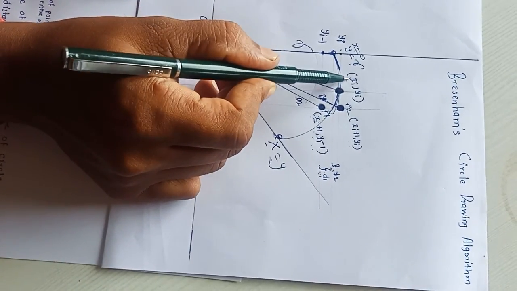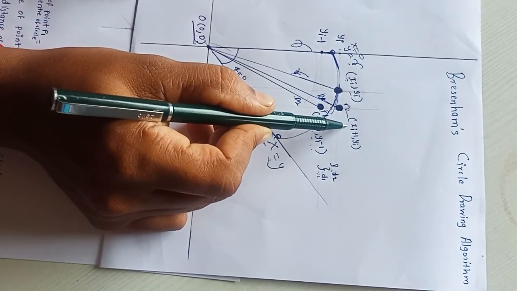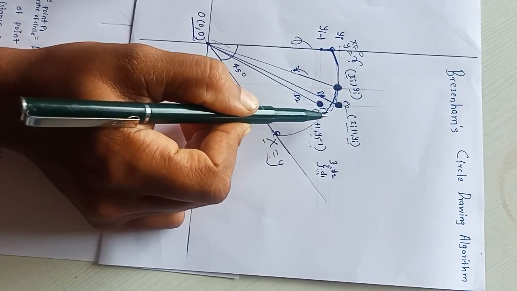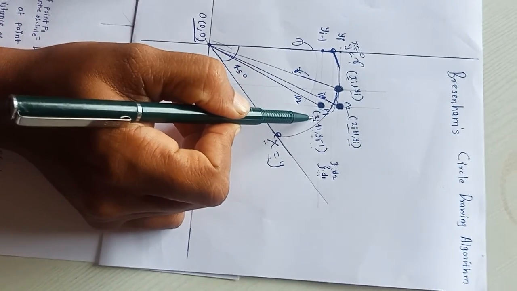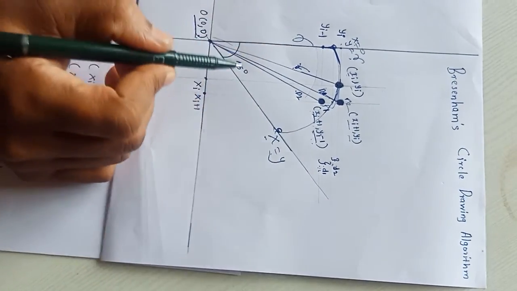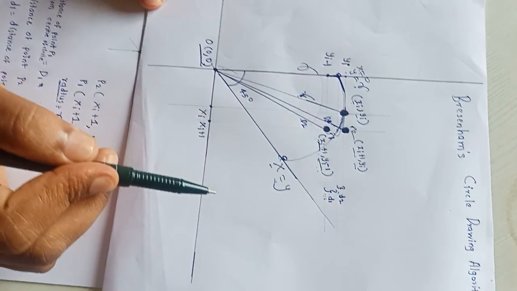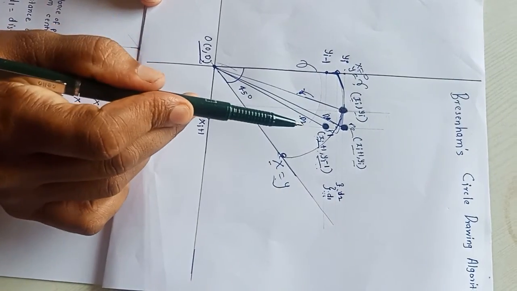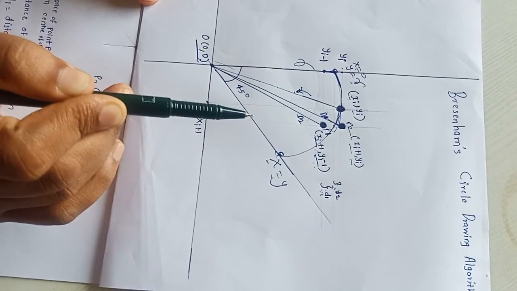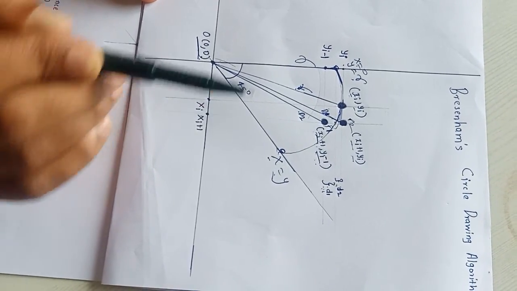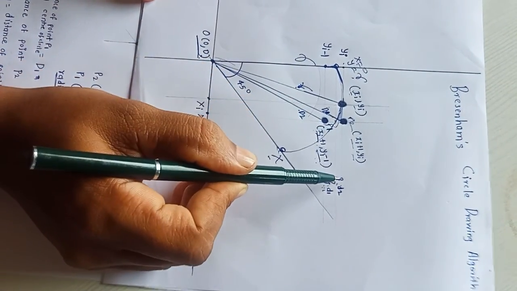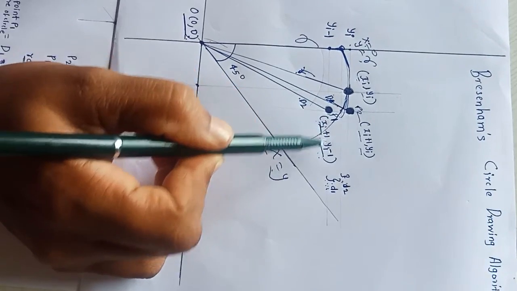It means if the current pixel has coordinates xi, yi, then the next adjacent pixel is xi plus 1, yi, and the pixel which is below the adjacent pixel is xi plus 1, yi minus 1. So here the x coordinate automatically gets incremented by 1 in each iteration, and we have to decide whether the y coordinate should be decremented by 1 or remain as it is. It can be decided by using a decision parameter, and the decision parameter is based on which pixel is closer to the actual circular path.